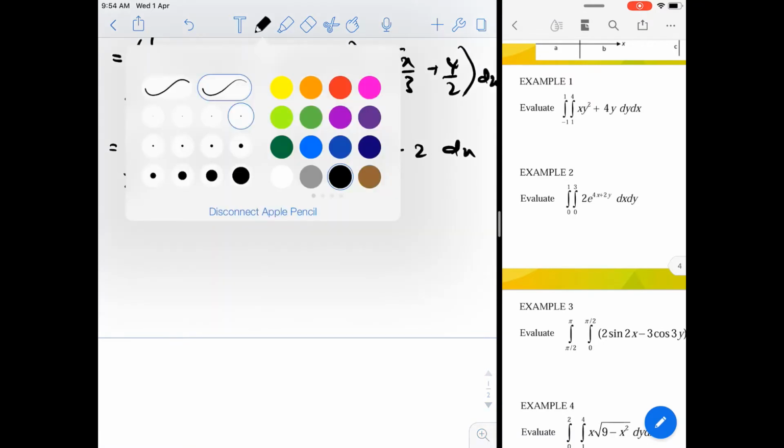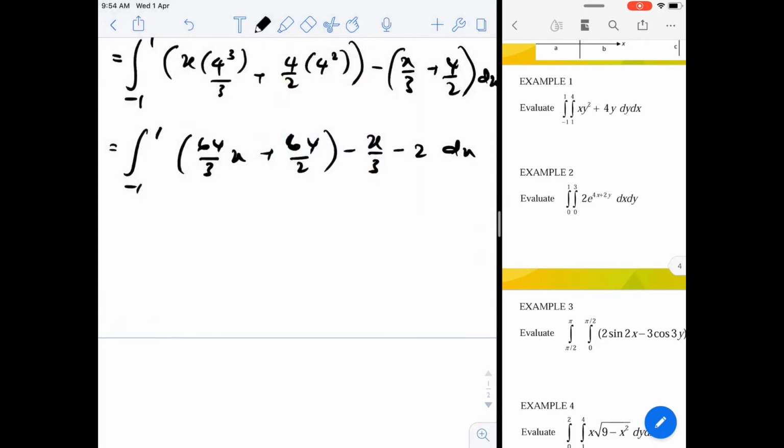So we will have equals to, from negative 1 until 1, so 64 over 3 x minus x over 3 becomes 63 over 3 x. So plus 64 over 2 should be 32. 32 minus 2 becomes 30. So plus 30